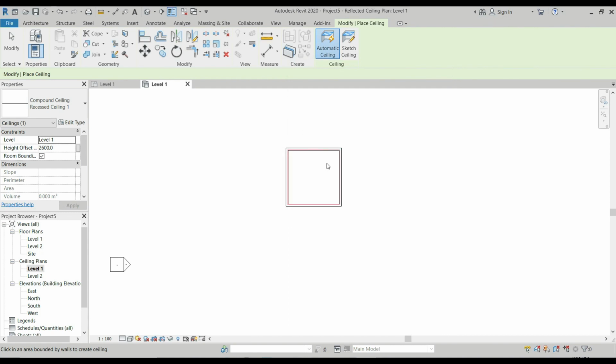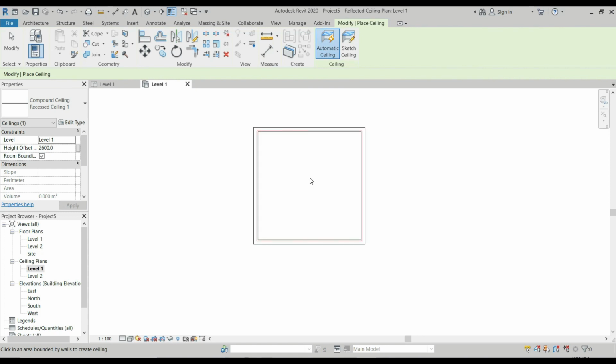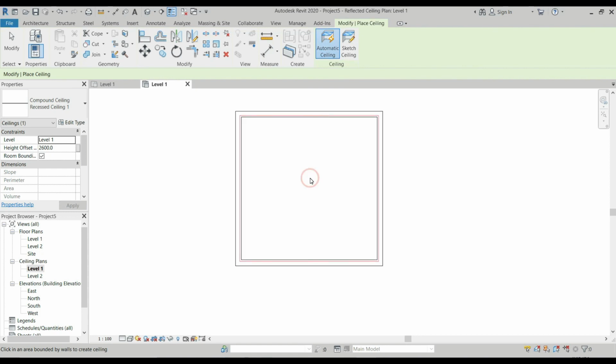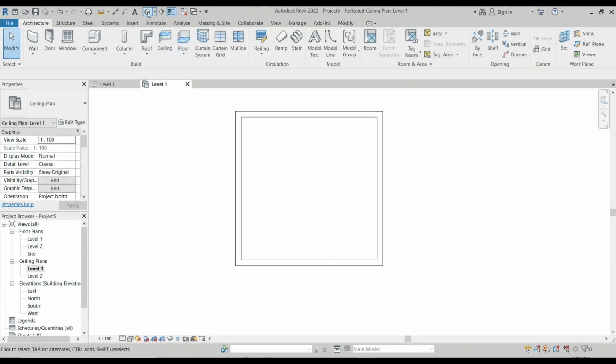Okay. So why do we have to do that? It's since our ceiling has a grid of 600, so we're going to make it a plain ceiling. Next we're going to use the automatic ceiling, then click this one. Okay. Then escape. So if we go back to our 3D,